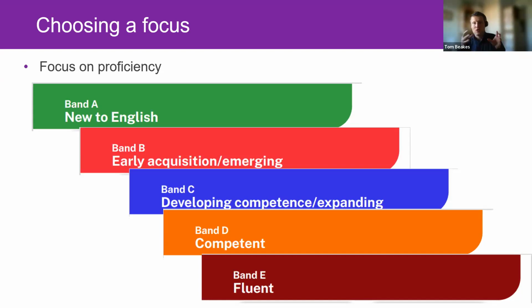Maybe your school's set up really well for those more highly proficient learners, those band C to E students, but you're suddenly getting new learners who have lower proficiencies. I know that's something lots of schools are sometimes struggling with, especially as schools try to increase their student numbers. They often end up admitting children who have lower English language skills, despite the school being English medium instruction. And so these strategies simply provide a jumping off point for focusing your attention on supporting at a particular proficiency level.